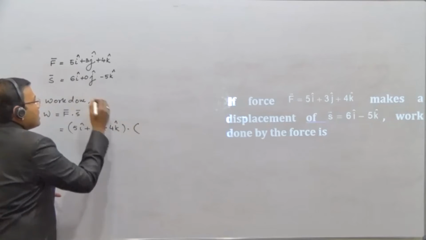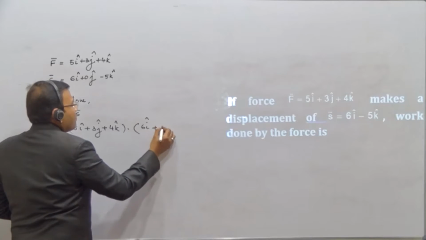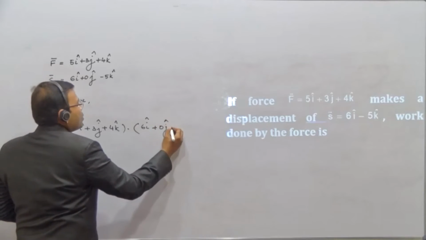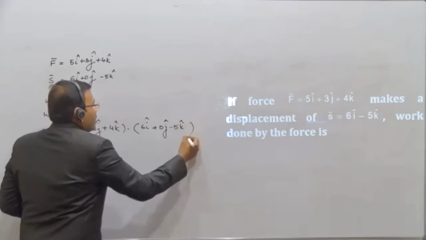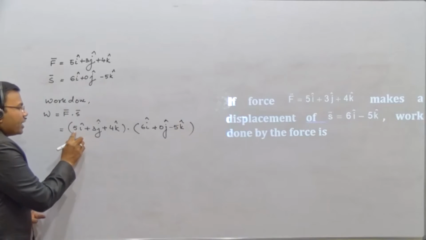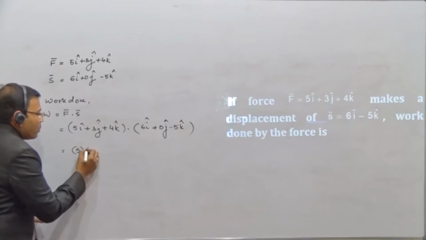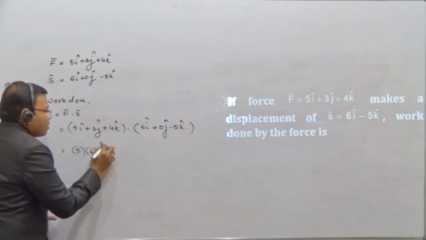Dot, what is S here? That is 6i minus, that is plus 0j. If you take minus also, it makes no difference because that is 0. Now students, you just have to multiply the coefficients. I coefficient is 5, I coefficient here is 6, so it is 5 into 6, plus j coefficient here